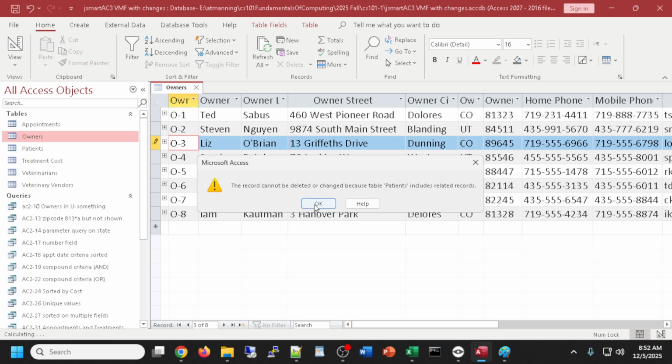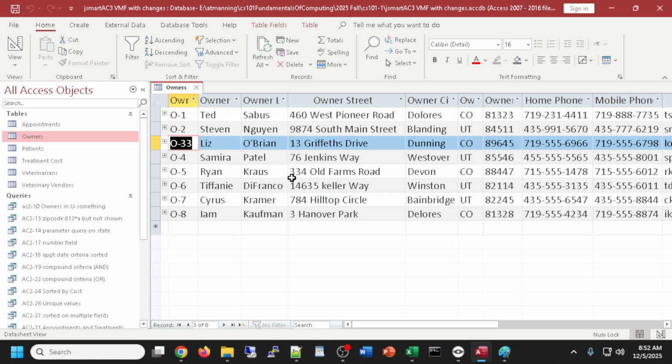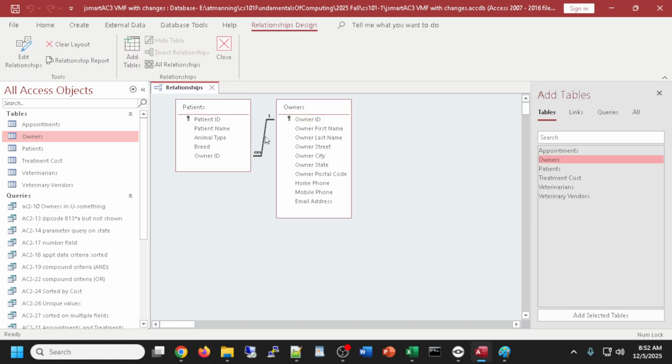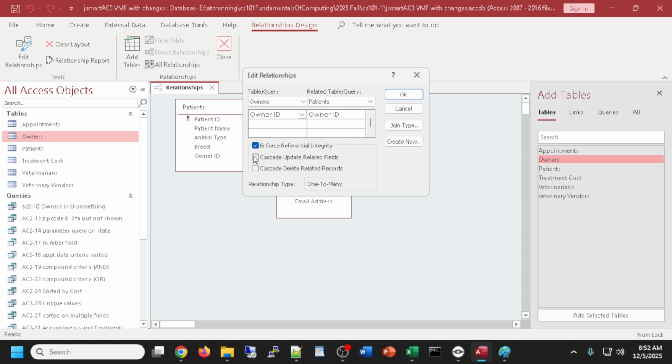It'll say, sorry, since you didn't cascade the update, it won't let you change it because that would break referential integrity. Now, it doesn't give you a terribly helpful message, but basically what this is saying is you have to go manually change the owner, but we'd rather let it automatically happen. So clicking OK, Control Z, undo that change because it won't allow, and go back to relationships, double click the line, and have it, hey, if I ever change the owner ID, make sure to cascade and update any reference